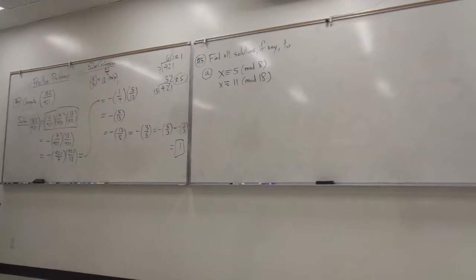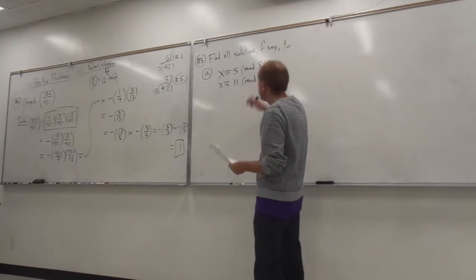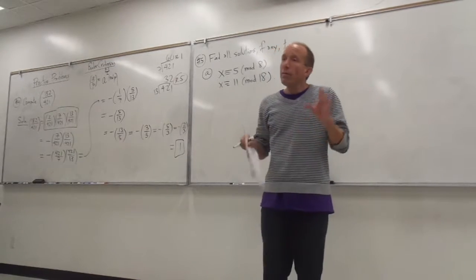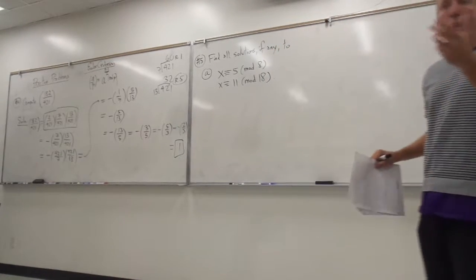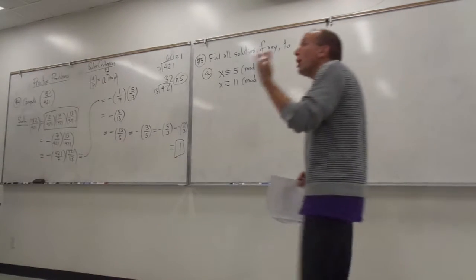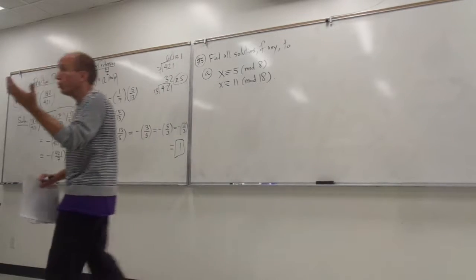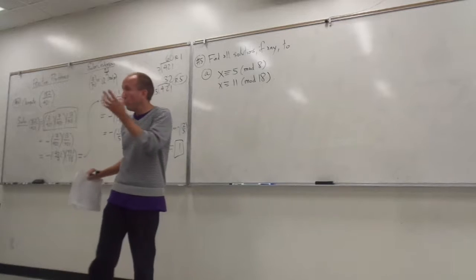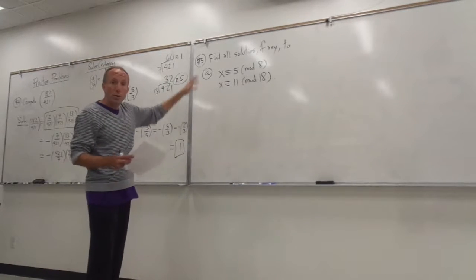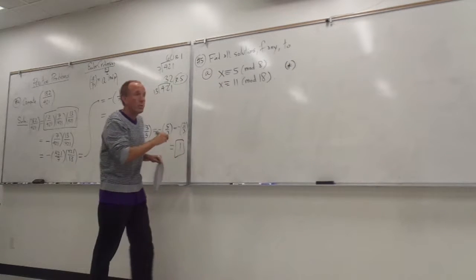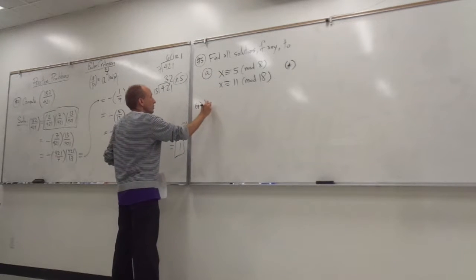Can I use the CRT on this? You can't because the mods are not relatively prime to each other here, right? Whenever the mods are not relatively prime to each other, we run into a question if there's even a solution at all. Okay? So what I'm going to do is remind you what the condition is. There will be a solution to this. So let me just call this star, right? So star has a solution